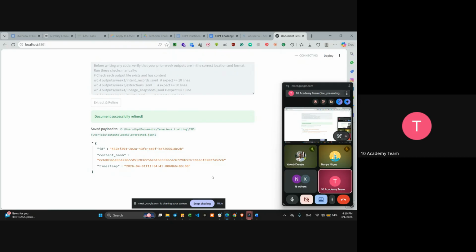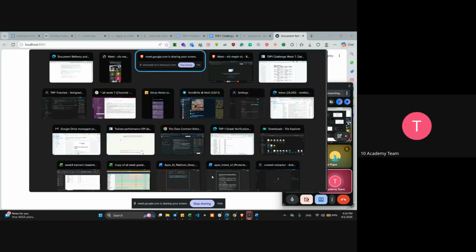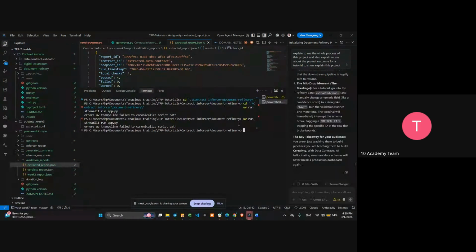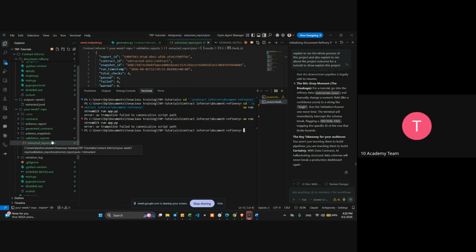So we have here on the anti-gravity. Let's see the output, what's going to come. We have the Week7 repo as it's in the challenge document. The contracts are going to be generated.